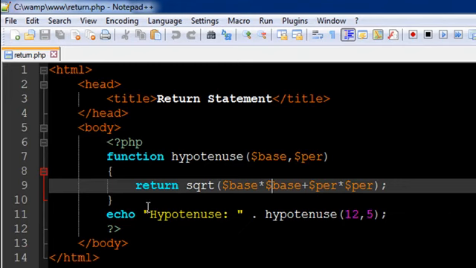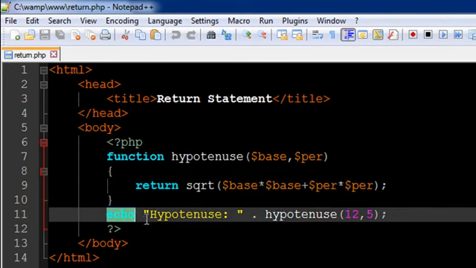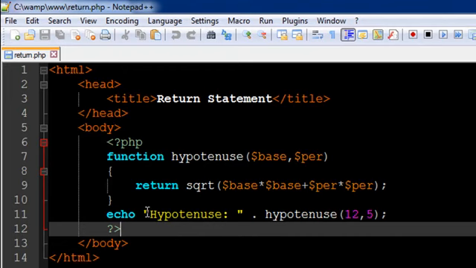But for the time being, let's say you want to not see the result of this operation from within the function, but you want to see it from outside it. So that's why I have an echo statement outside the function definition on line number 11, and I'll first see the text hypotenuse, and then I have called this function hypotenuse, and as arguments to it I've passed 12 and 5. So I'll save the file and I'll go to my browser,